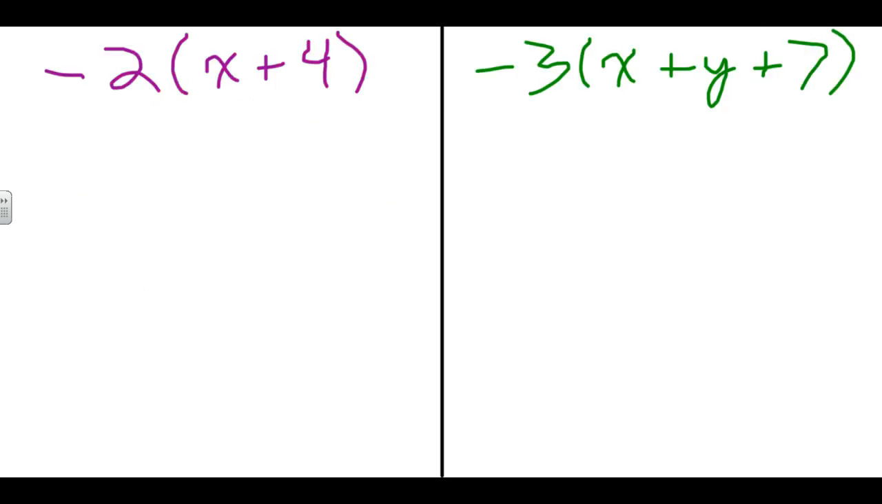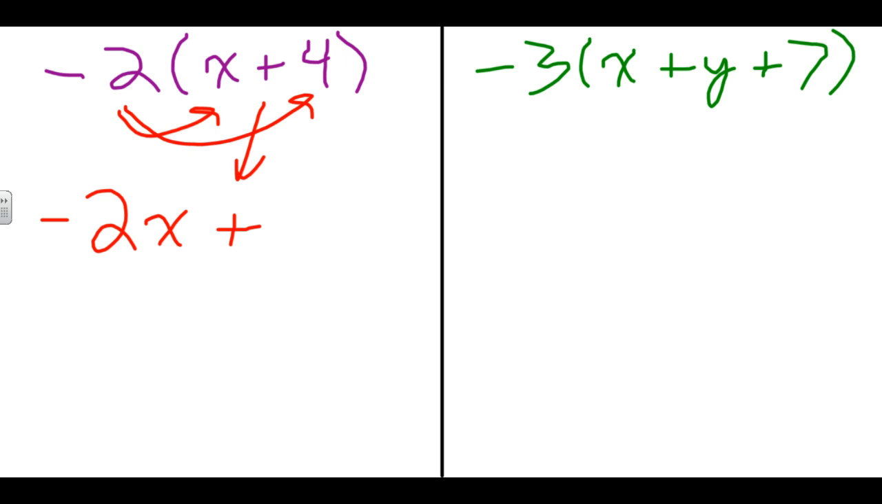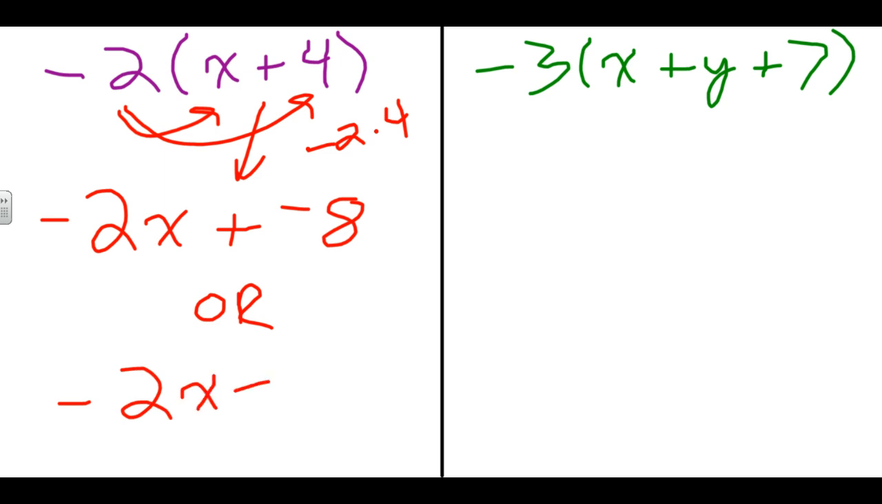Another set of 2 problems: negative 2 times the expression (x plus 4), and negative 3 times the expression (x plus y plus 7). So for negative 2 times (x plus 4), we have negative 2 times x, which is negative 2x. Keep the operation, plus negative 2 times 4. Now, negative 2 times 4, as you'll recall, is the same as 2 times 4, or 8, with a negative sign attached to it, because a negative times a positive is negative. So this is negative 2x plus negative 8,